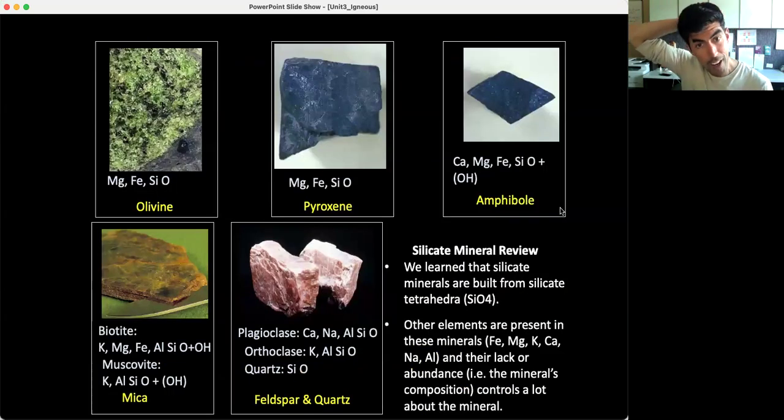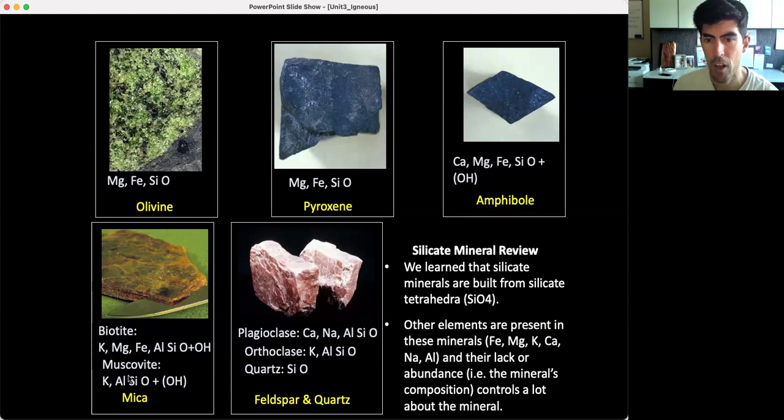So we can look at the different minerals, say in the silicates that we learned about in the last unit, and we can start to categorize which of these minerals belong to mafic categories of minerals or to the felsic category. So olivine, we already mentioned, that dark green mineral, that is clearly going to be mafic. Pyroxene, again, rich in iron and magnesium, mafic. Amphibole, iron and magnesium rich as well, mafic. Now, down here, when we get to the biotite, biotite tends to have more iron and magnesium, so that one